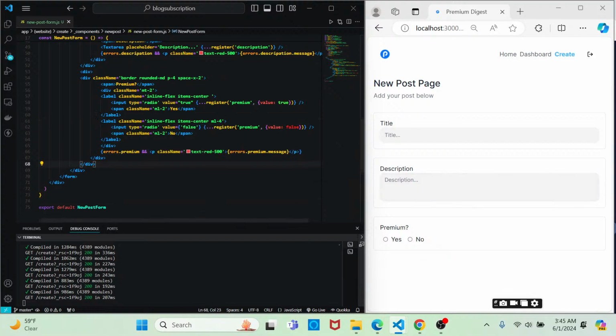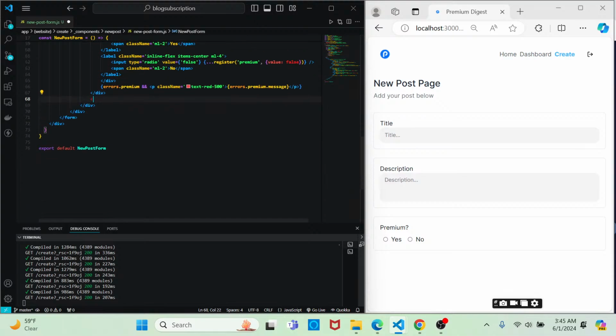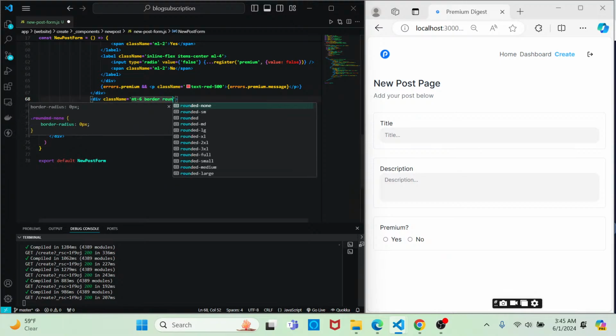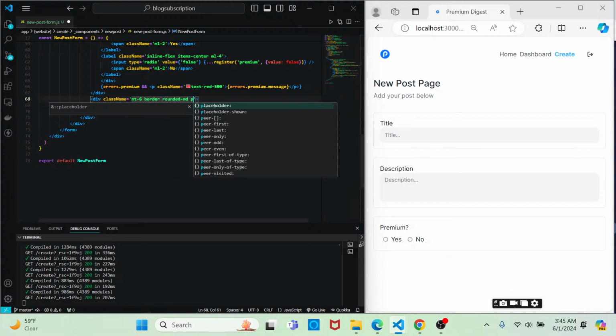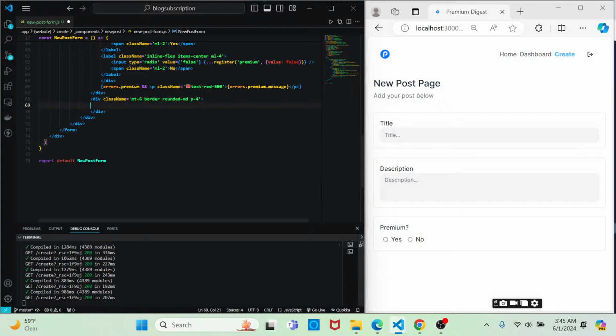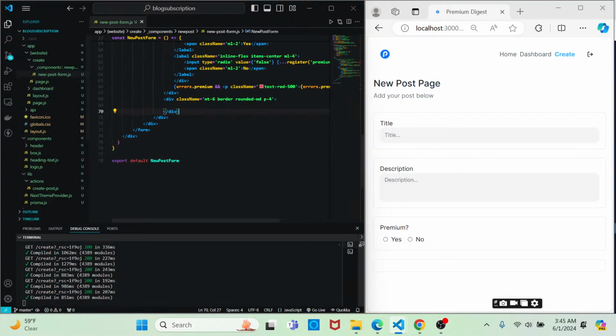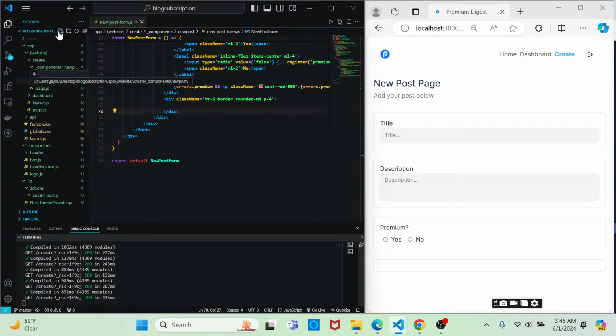Sorry about that. So then last but not least, we'll come outside of this last div and we'll add another div and we'll give it a class name of margin top of 6. We'll say border rounded medium, and then we'll go padding of 4. And now within this file, what we want to do is we want to pass in the image upload. And so what we'll do is within the new post form folder, we'll add a new file named image